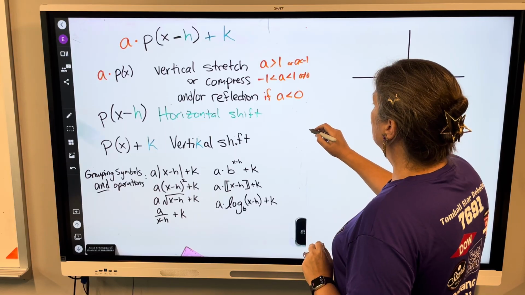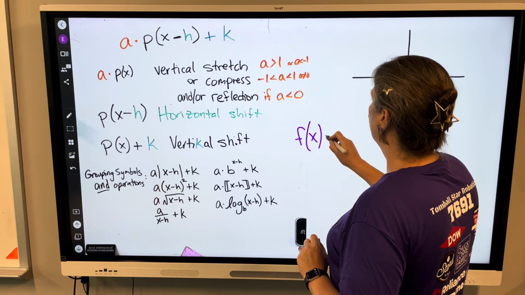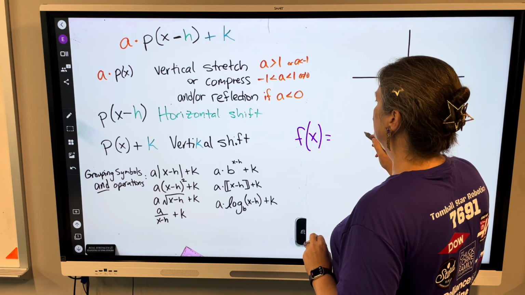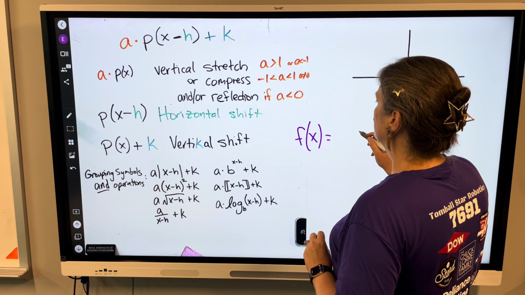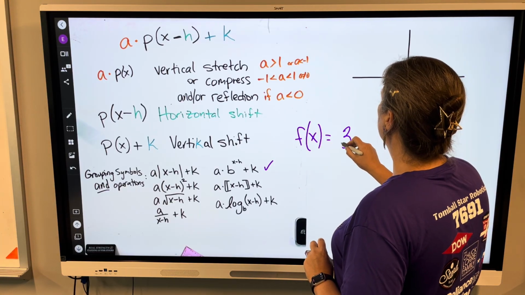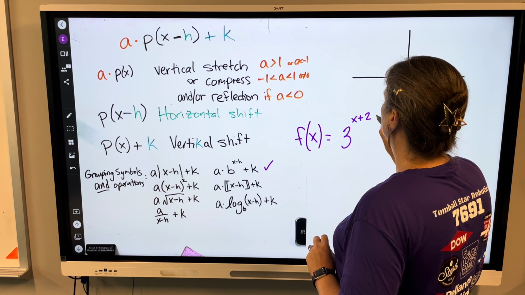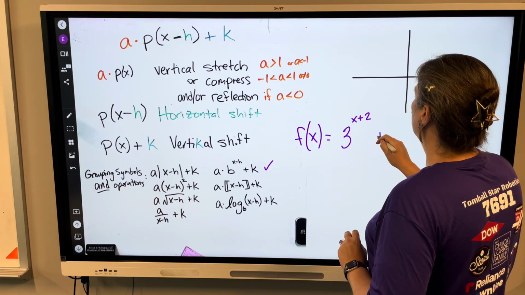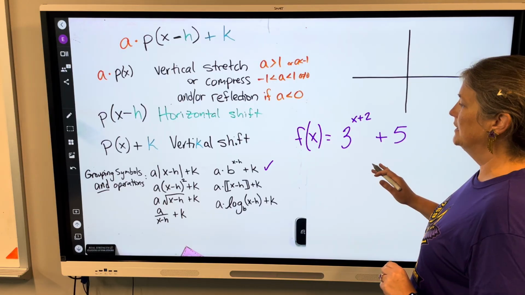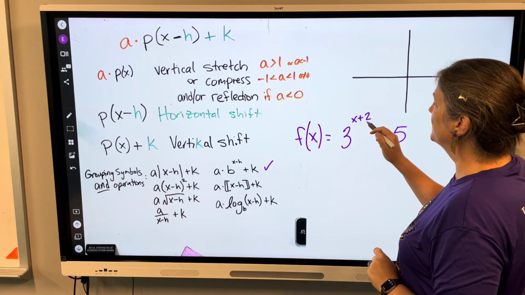So an example function might be f of x could be, let's do an exponential function. We're going to do 3 to the x plus 2, plus 5. Okay, so this exponential function has an inside, meaning something happening to the x directly, and this is an